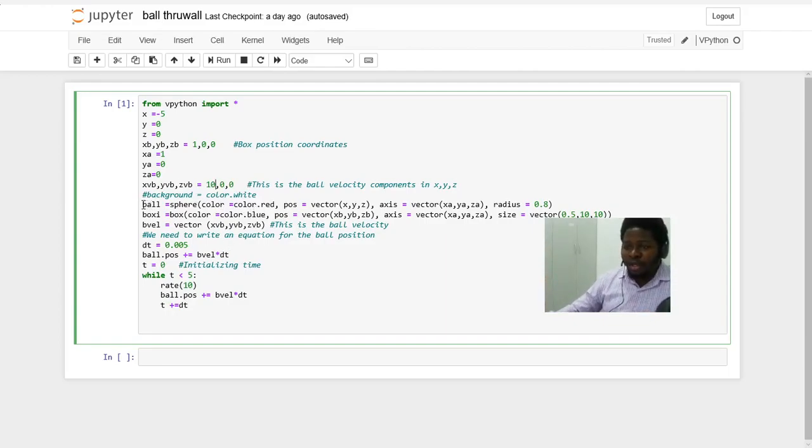So now, writing my ball object, I have a sphere, color red, and then position vector, that axis, xa, ya, za, which I already specified up, and then the radius to be 0.8. Okay, now in regards to the box, box object,